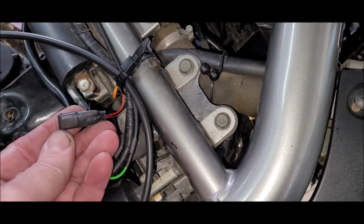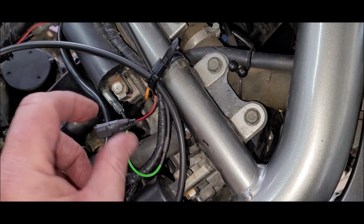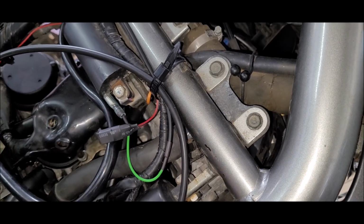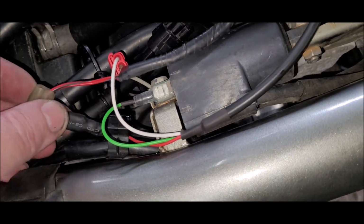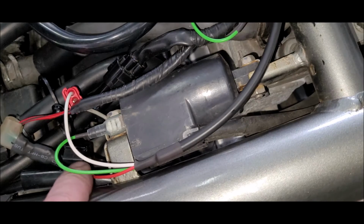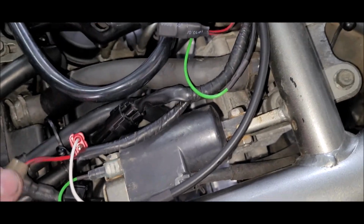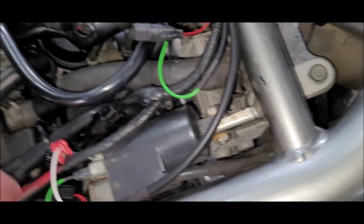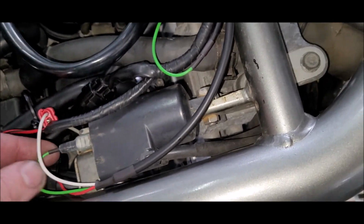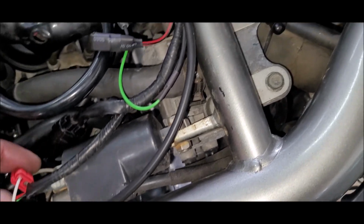It's got a large piece of heat shrink, which I've folded over and then put another piece over the top. The other one is positive to the quick shift, which is the original positive to the coil. Plugged in, heat shrinked, put it down in the factory little tie down. The other positive from the quick shift is plugged in, and